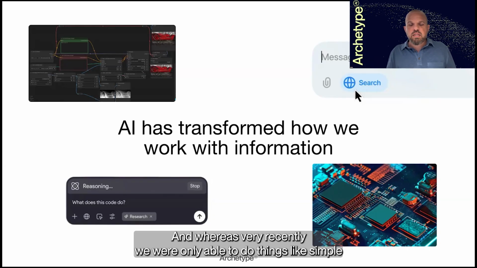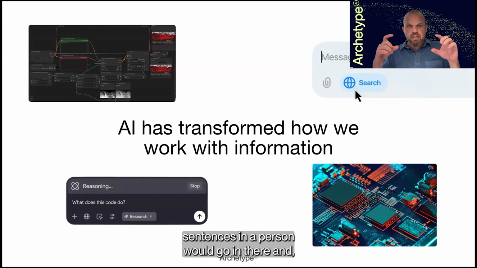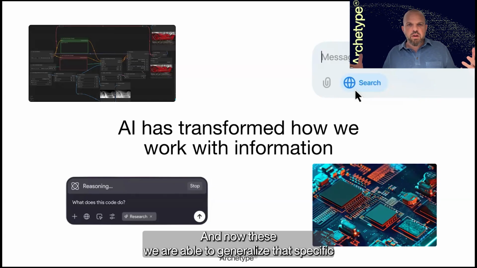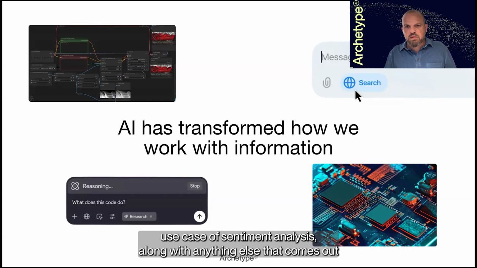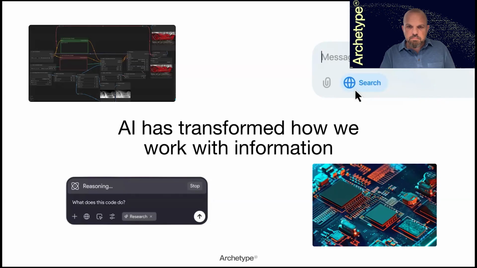Whereas very recently we were only able to do things like simple semantic analysis, where you would feed in a lot of sentences, and a person would go in there and rate it as a positive sentiment or a negative sentiment, now we are able to generalize that specific use case of sentiment analysis along with anything else that you can naturally do with language. These are these emergent capabilities.